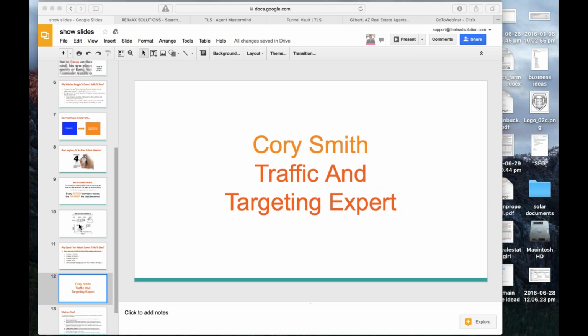Absolutely, and let me see if I can get it right. So a pixel is something that is put on a, for example, if you go to Amazon and look for something to buy, and let's just say you're looking for a Mac computer, and all of a sudden you go to Facebook, and on the right hand side you see the same exact Mac computer that you just looked at on Amazon.